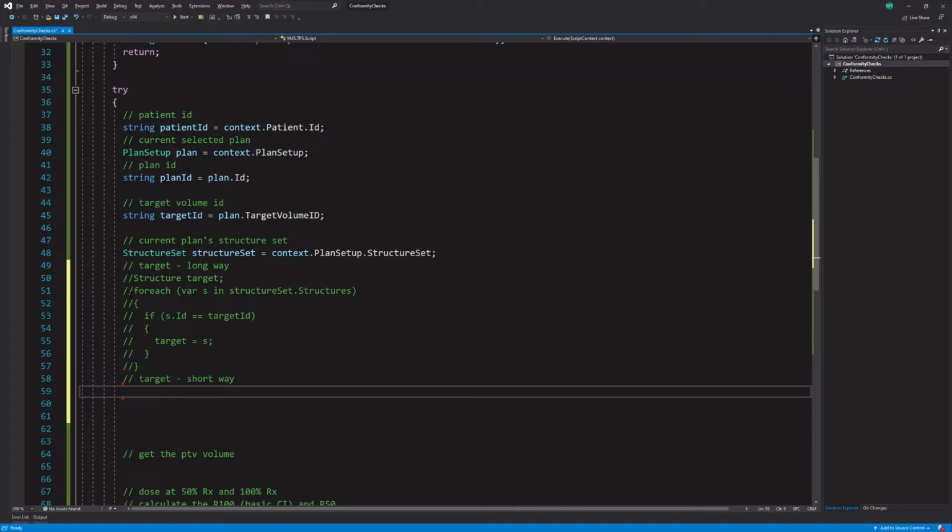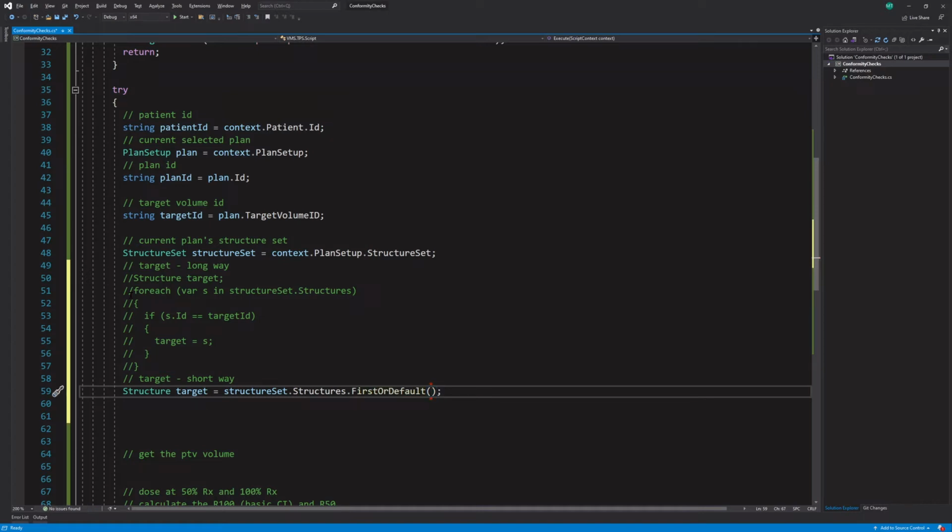And we'll say Structure target equals structureSet.Structures.Where. Actually, you know what we could do, we don't even need to do a Where. We're going to select the first structure, FirstOrDefault, structure,